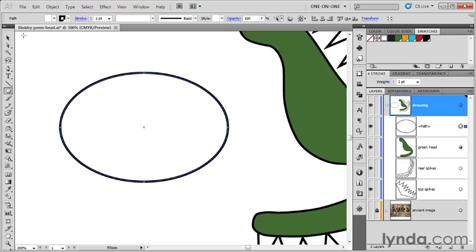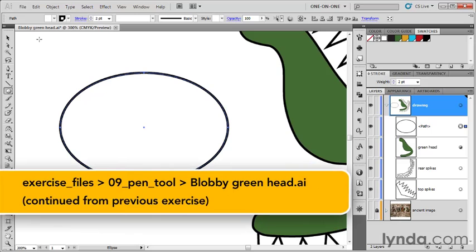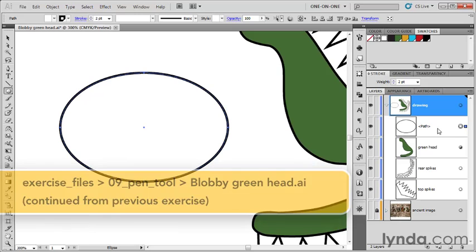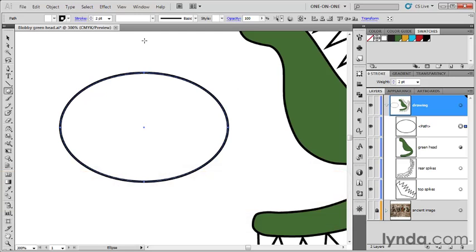I'm still working inside the file called blobbygreenhead.ai, found inside the 09 pen tool folder. And all I've done is turn off the ancient image layer, and I've drawn an ellipse using the ellipse tool. Now what I'd like you to do is grab your white arrow tool, assuming that you're working along with me here. And you may recall we're going to be drawing an absolutely exacting, perfect ellipse or circle, your choice, depending